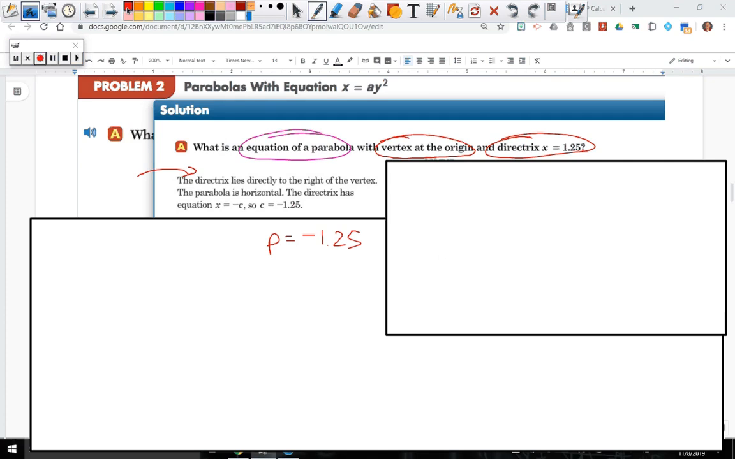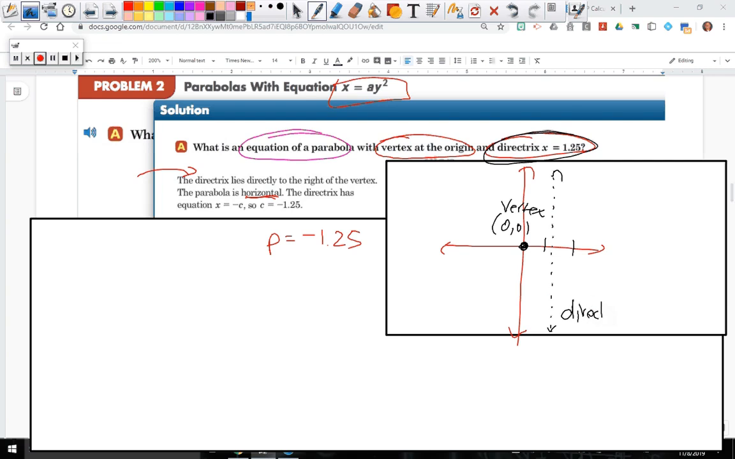Here we go. What is the equation of this parabola? So they did mention that it was going to be a horizontal parabola. The vertex is at the origin. So like I said, drawing it helps a lot. So 0, 0 is the vertex. The other thing it said was x equals a number is a vertical line. So at 1.25 is this directrix, which you should have labeled